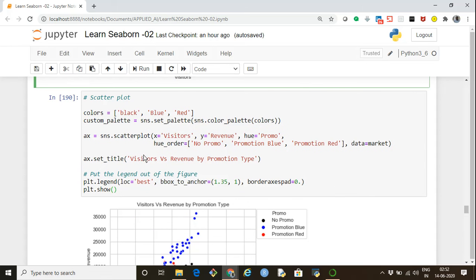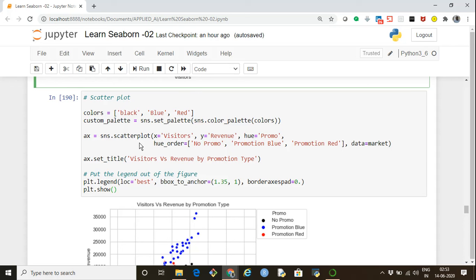Again, we are using sns.scatterplot. Before that, I have created colors, a list of colors, black, blue, red, which represents the respective promotion scheme colors. First, we are creating a palette using sns.color_palette and setting this palette using the set_palette function and assigning it to a custom_palette object.